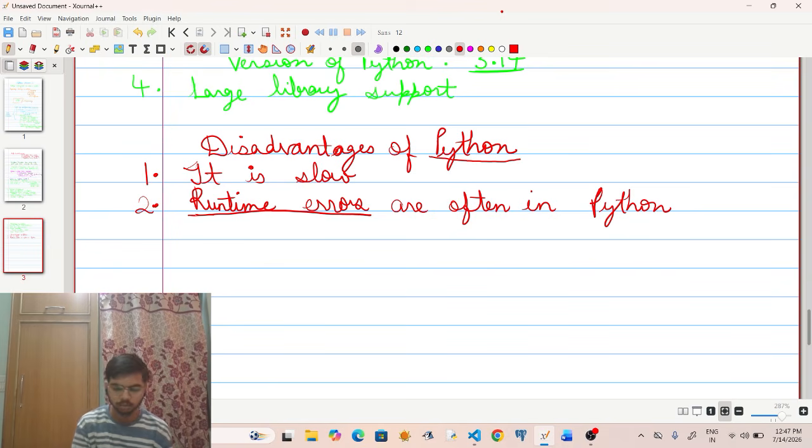Suppose you want the number 3.14, which is pi, but Python converts it into 3, or you wanted 3 and it got converted into 3.00. Because of the default nature of Python, the value got converted into some other value, and that can give errors, which is a problem. So these were the disadvantages of Python.